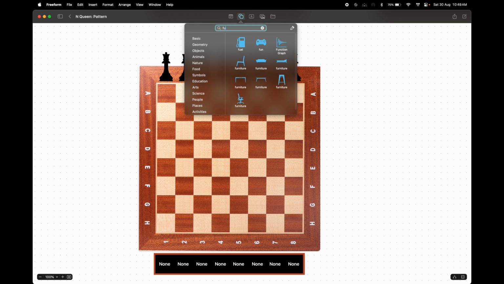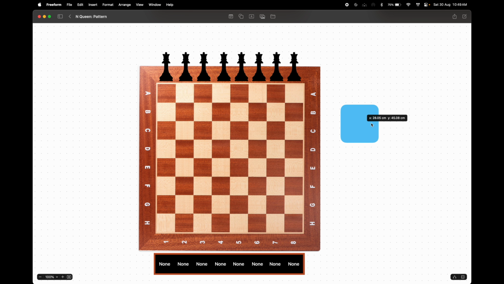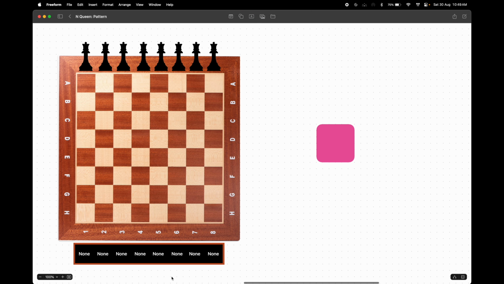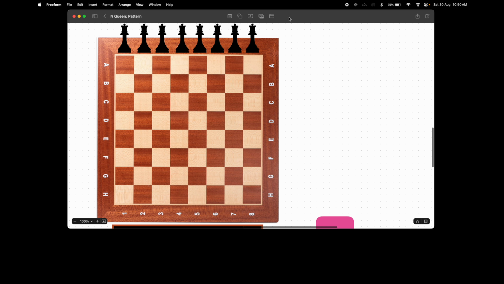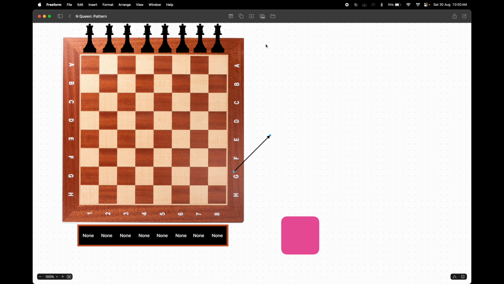What does this function take? Definitely it takes a board. Board in this case is this. It takes a board as an input,